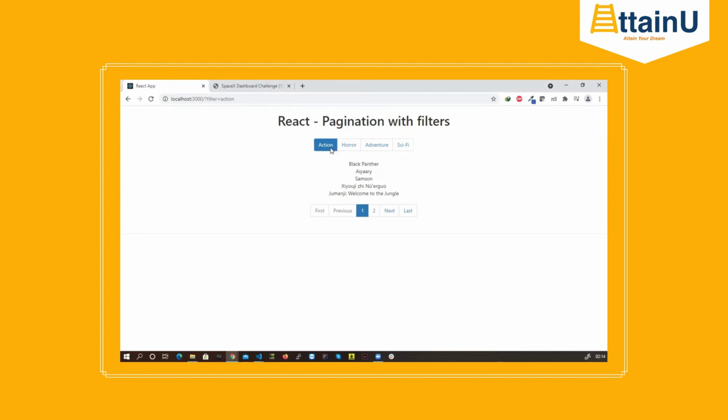So you see, when I click action, then all the movies which have the genres as action will be listed. And now you see the pagination change because now I have only less records compared to initial. And the URL also got changed. And when I click on action back, the URL again gets updated. It removes the filter and all the pagination came back. That means now I'm showing all the movies.